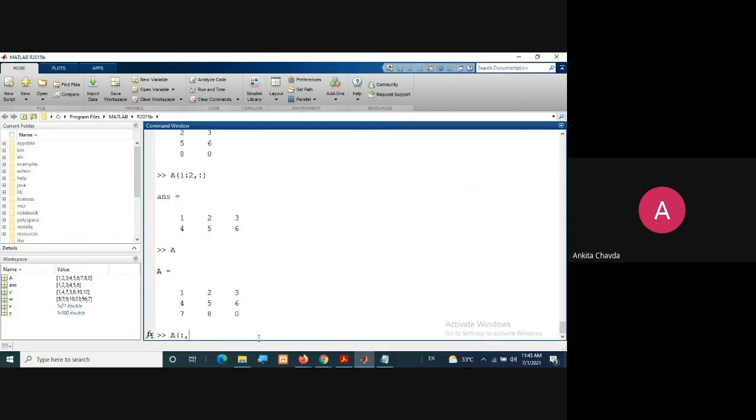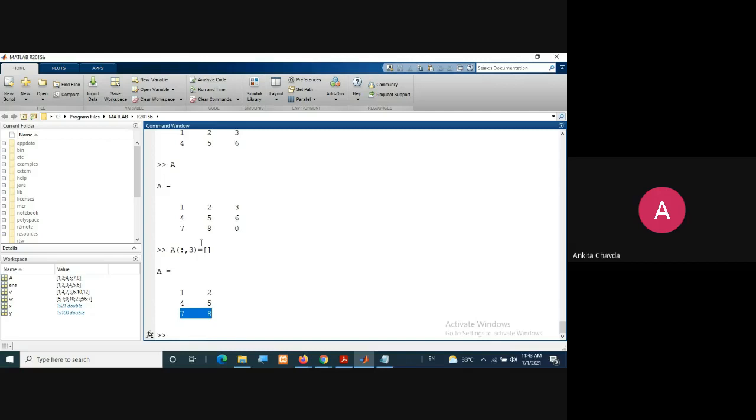The very first index is for row, and the second one is for column. So here you are writing that for all the rows, you want to delete your third column, so you write 3, and you set it to the null vector, opening and closing brackets only. Now you can check your A. You have deleted your third column.